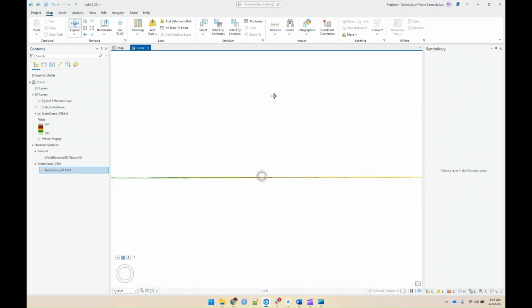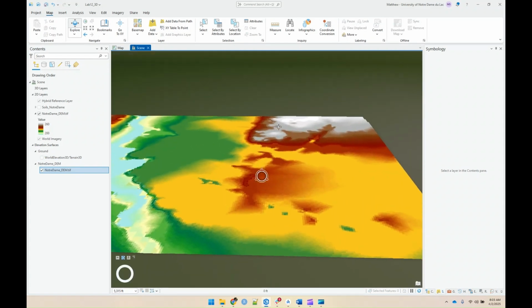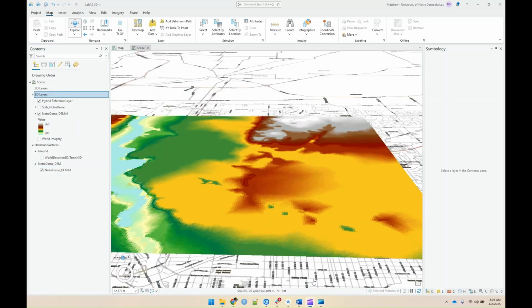And you can see how staggeringly topographically variable northern Indiana is. But one thing you can also do, I'm just going to turn off the imagery layer as well, just so it's not constantly trying to render it behind the scenes there. Okay, so having brought in these additional layers and things like that, we do have the ability to do that